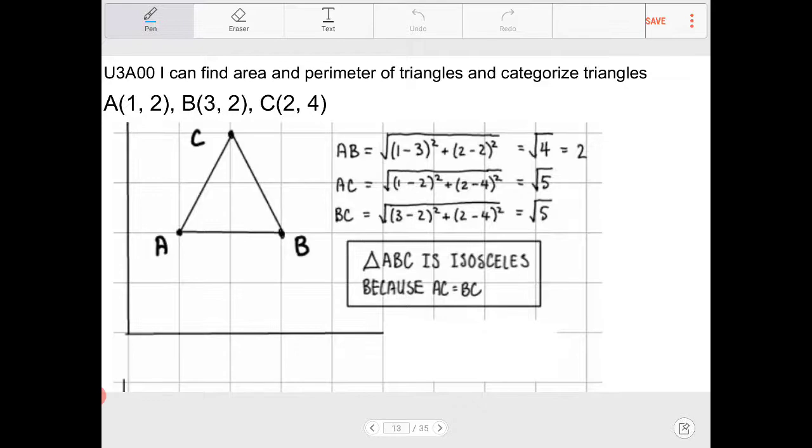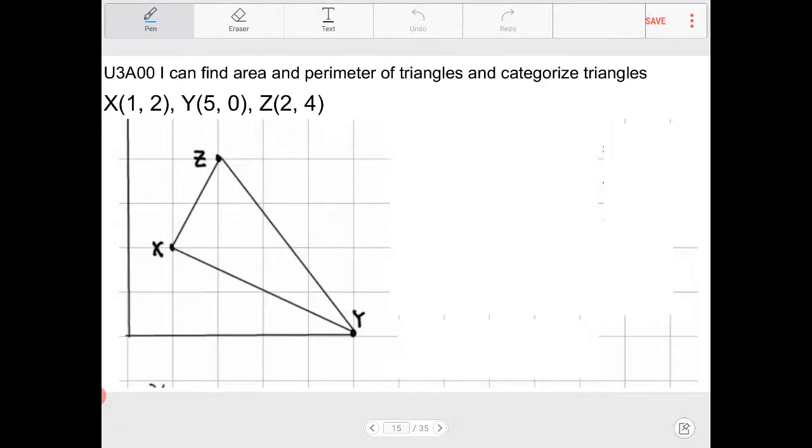So the area turns out to be 2. All right, so now let's take a look at the next example here where we have triangle XYZ. Triangle XYZ looks like this. And again, we need to figure out what kind of triangle it is, whether it's scalene, isosceles, or equilateral. Just by inspection, if you're a visual person, we can already tell that this triangle is